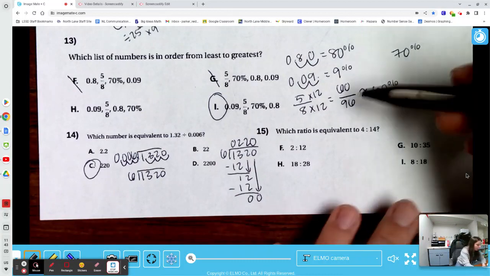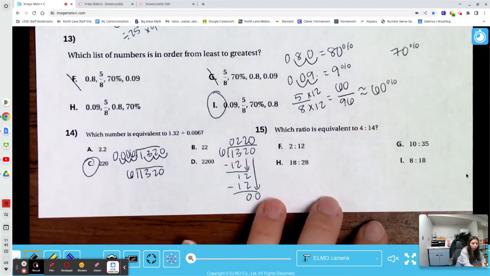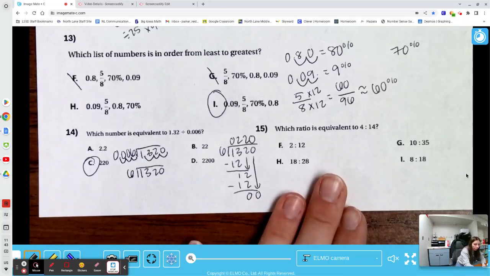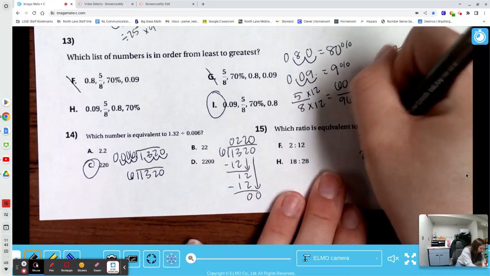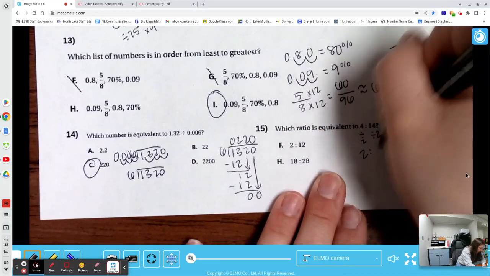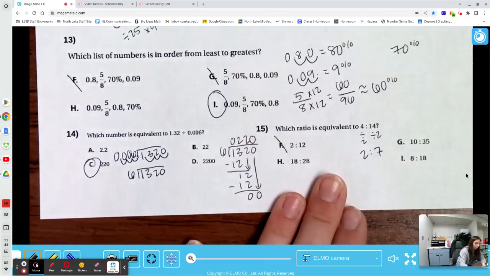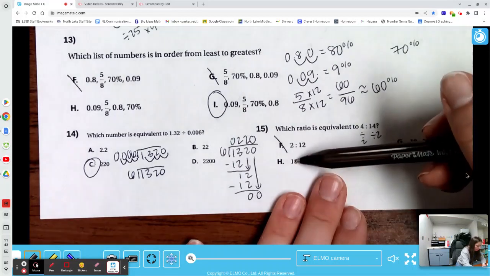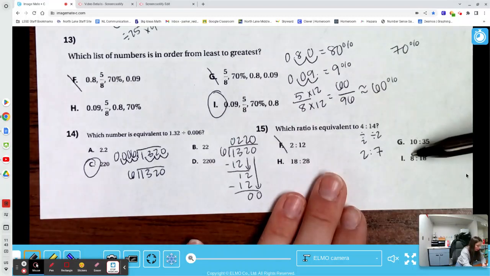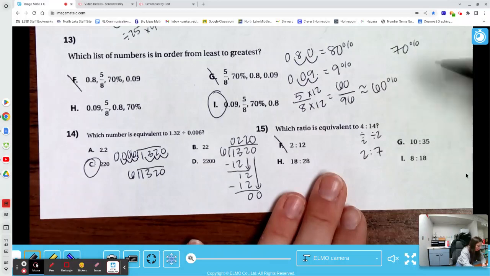And finally, which ratio is equivalent to 4 to 14? So what I'm going to do first is I'm going to go ahead and divide this 4 by 2. It would be 2. Do the same thing to this one. I get 7. Right away, I know option F doesn't work because if these were equivalent, it should have been 2 to 7, and it's not. Now that this is 2, I could turn it into 18. I could turn it into 10. I could turn it into 8. I'm going to start by choosing the